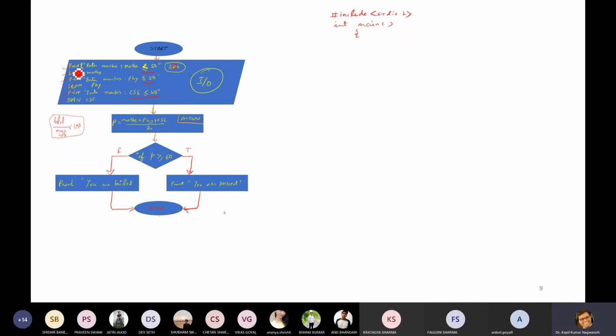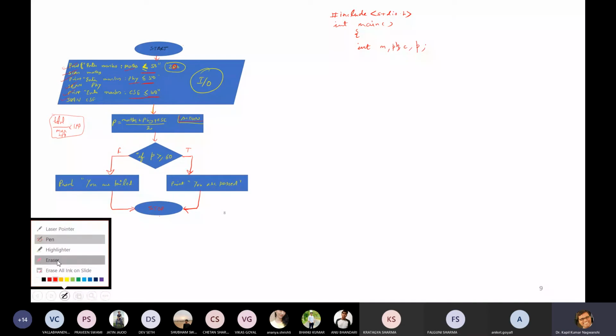Now, next step, print. There are many print statements, but no declaration is there. Because it is a flowchart, it is not required, but we need to think about it: it is asking for maths, physics, and CSE. So let us create integer variables maths, physics, CSE, and one more thing we require, percentage. Okay, so let us write this, ph, and now percent. Any other thing is required? No.